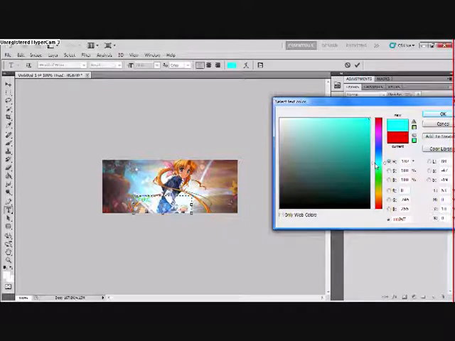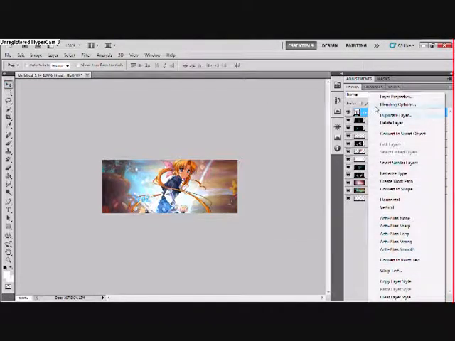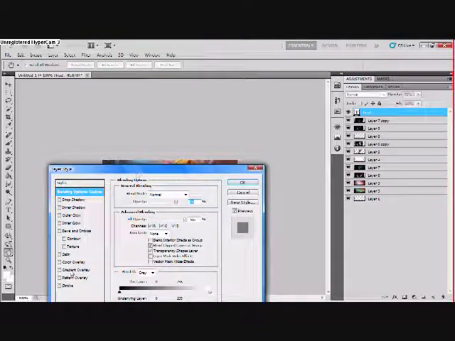And blue, because that blue will look good. And once you stroke it, you'll be able to notice it more. Once you stroke it, you go to blending options. I'm really getting tired of talking. You go to stroke,